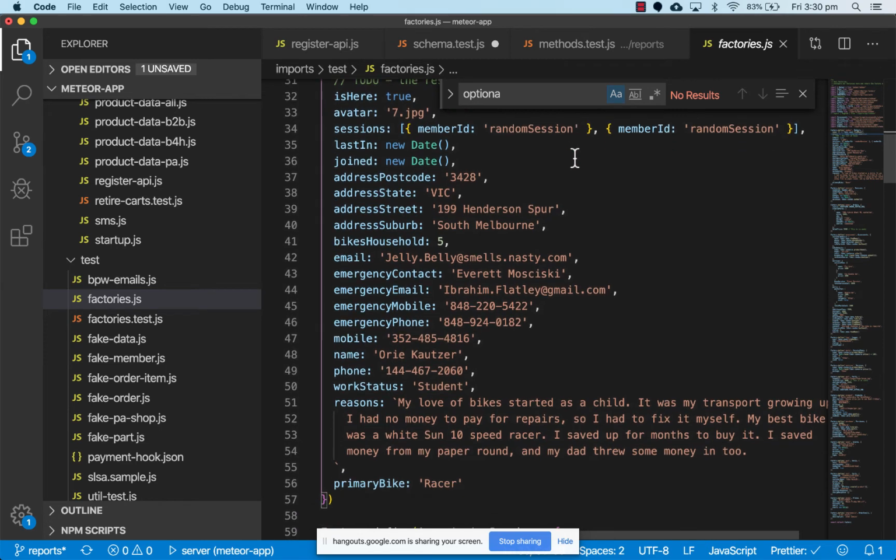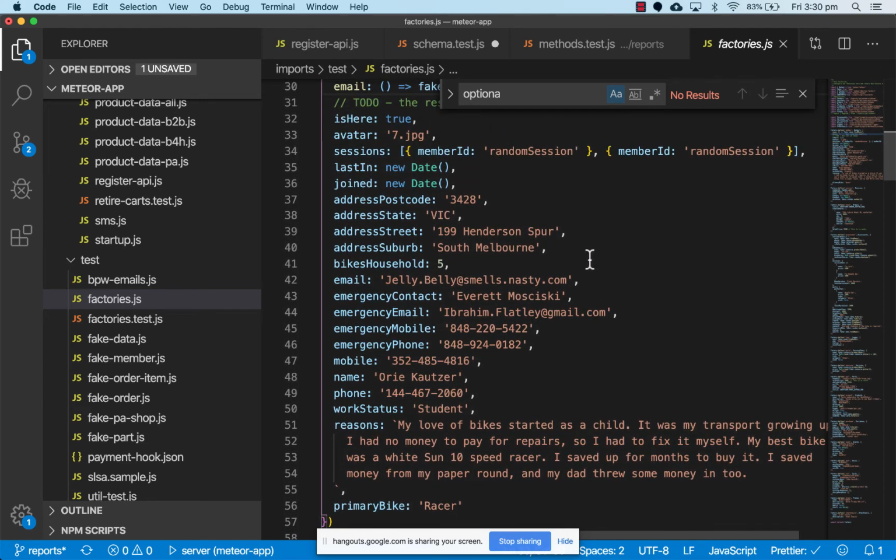And that's convenient as opposed to having to do something like this where we've got Ibrahim Flatley. The problem with using Gmail for any addresses is that there probably is someone in the world called Ibrahim Flatley. So it's generally not a good idea to use at gmail.com. You could say like at